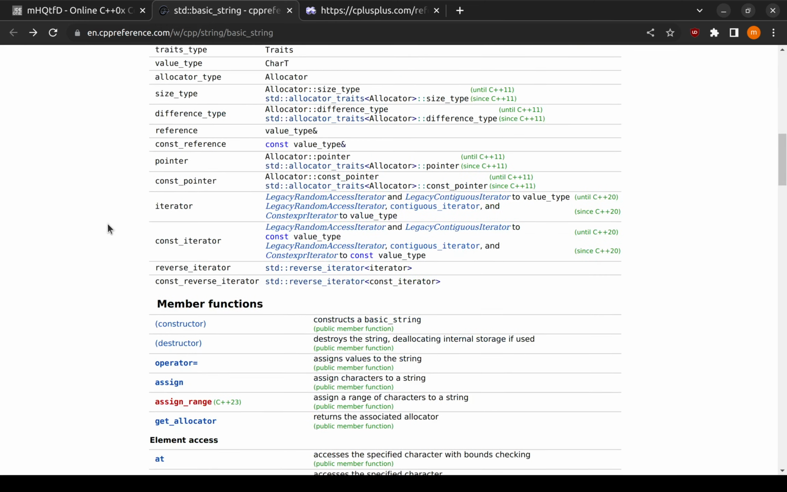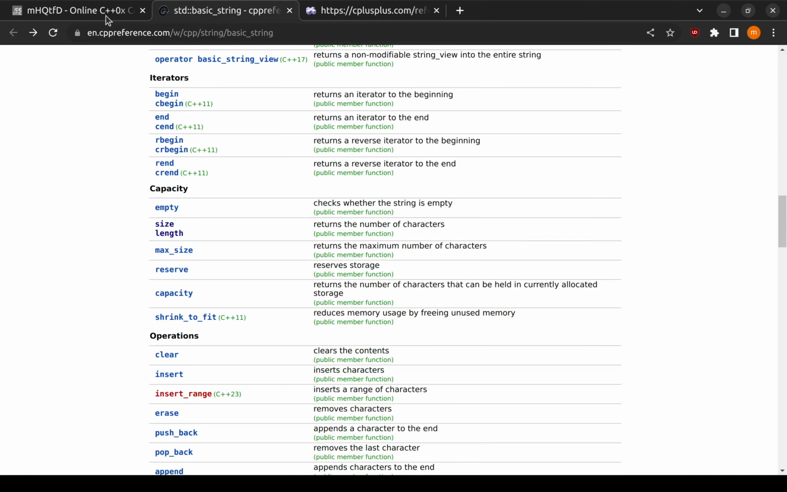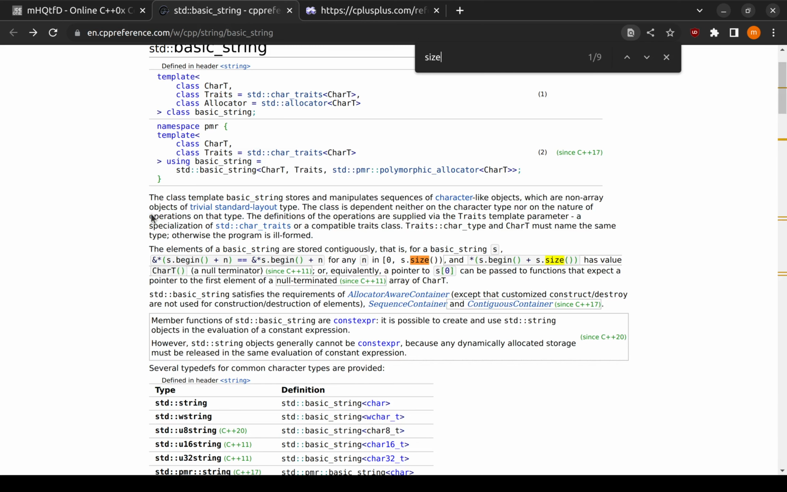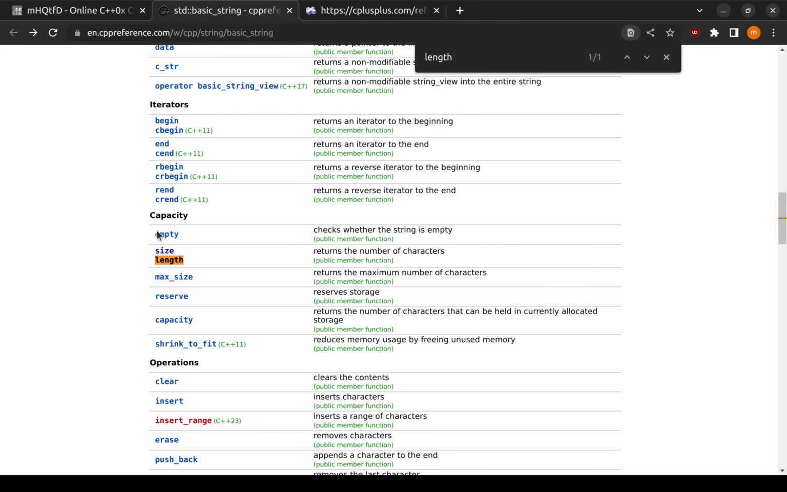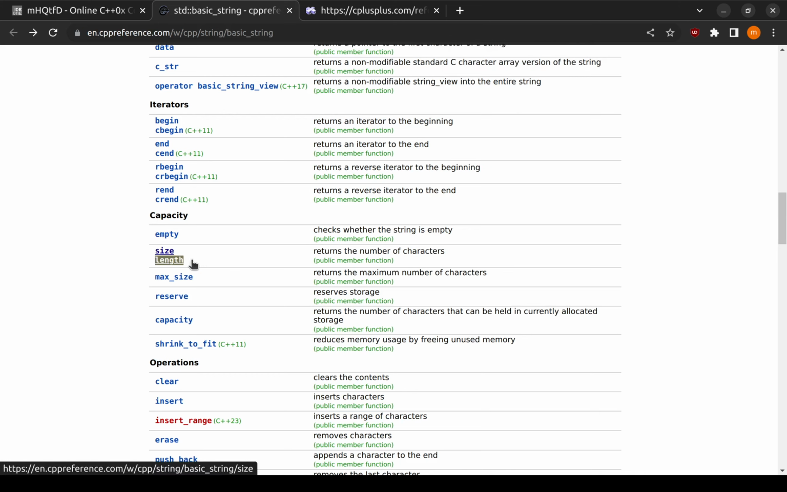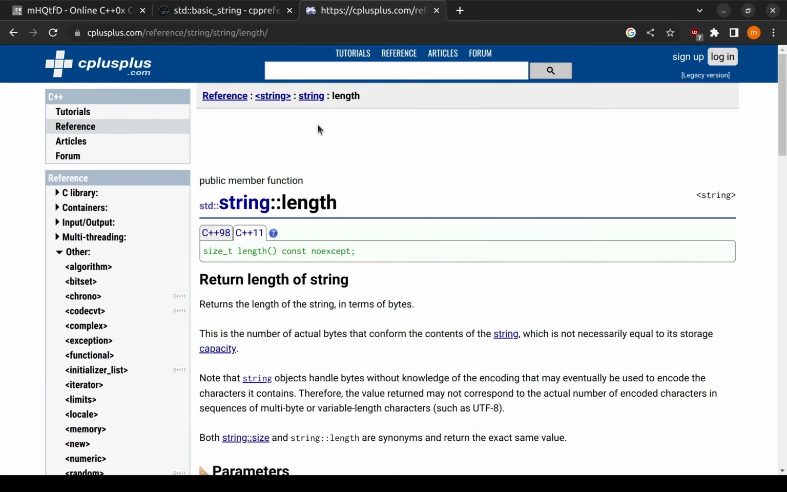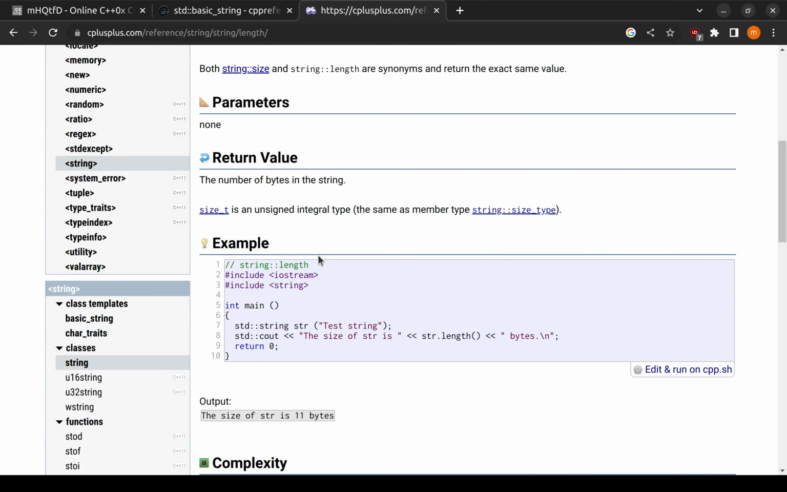Here you can get all the details about the string, and the size and the length. Well, let me search it for you. If you notice, both the size and the length functions are clubbed together, and it says that it returns the number of characters. I'll share the link in the comment. Secondly, if you go to cplusplus.com, here you can see that